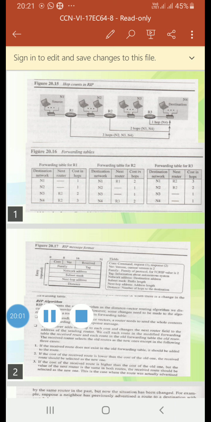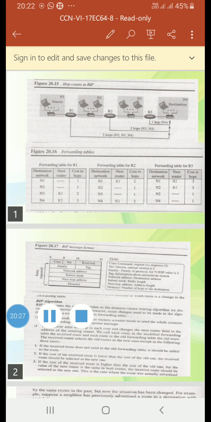Next we'll go for autonomous system. Each ISP is an autonomous system when related to managing networks and routers under its control. An AS can be small, medium or large in size.